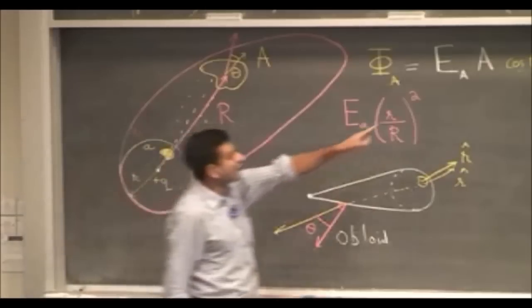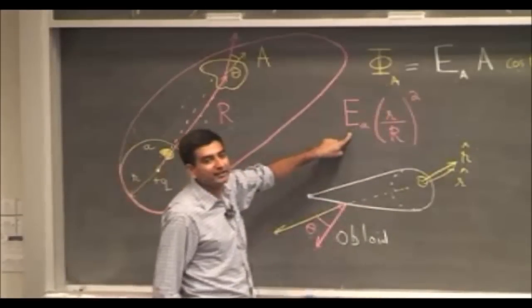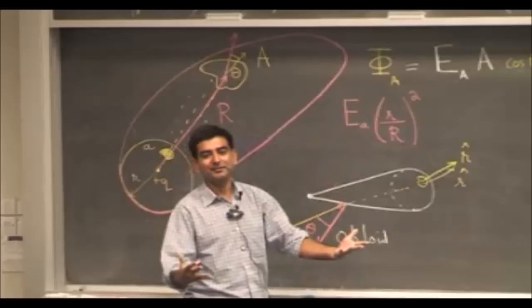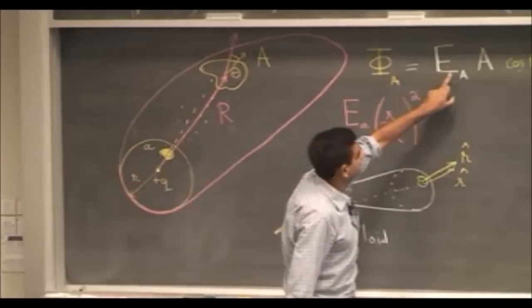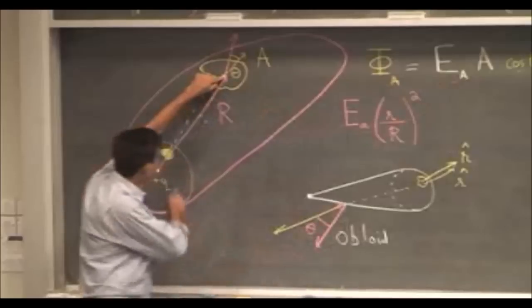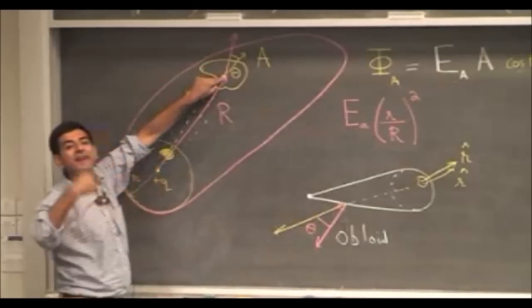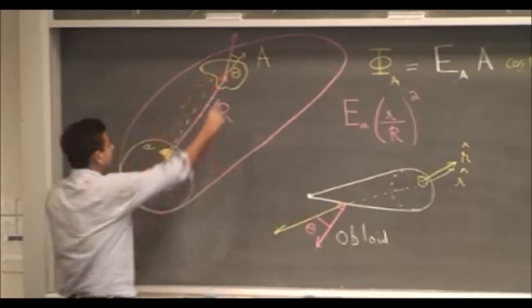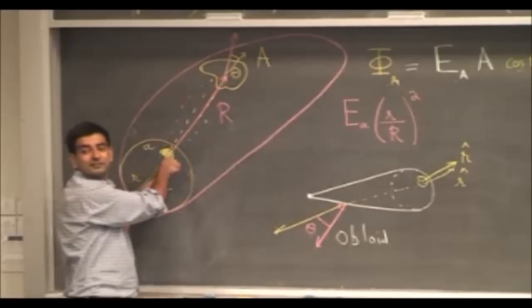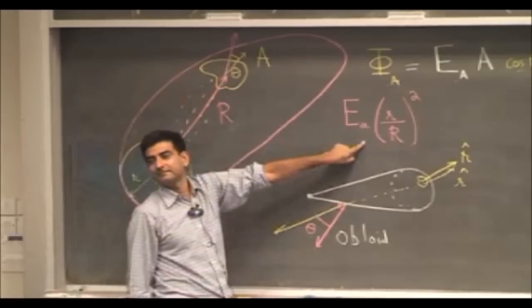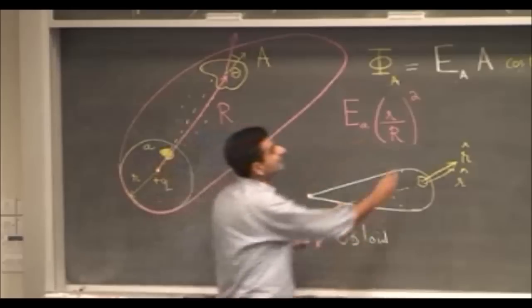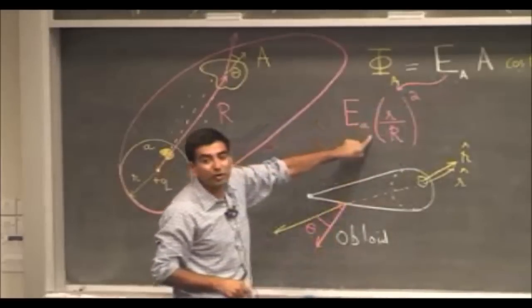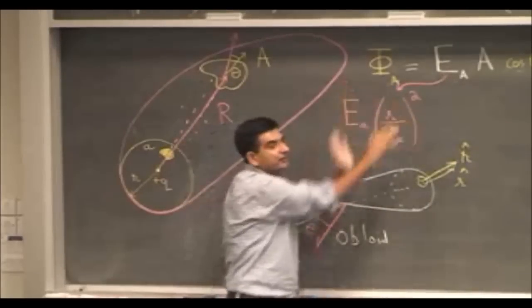So this E capital A is going to be E small a, and it is diminished by a factor. Okay? Will this field be smaller than this field? Yes. And what's the factor by which it will be smaller? It will be smaller by the square of the ratio of these distances. Correct? And this is what I've done here. So this EA is actually equal to small e at small a into the square of this factor.